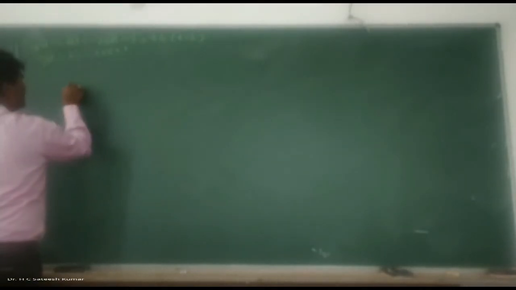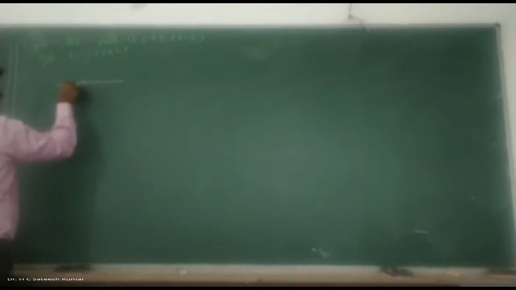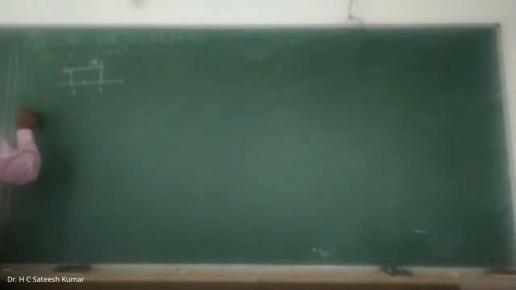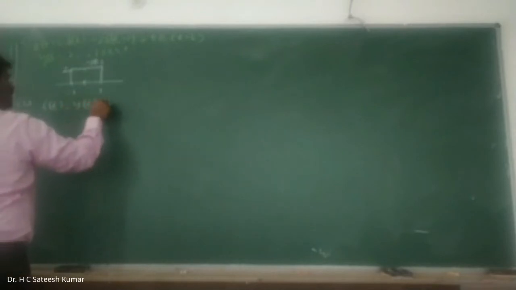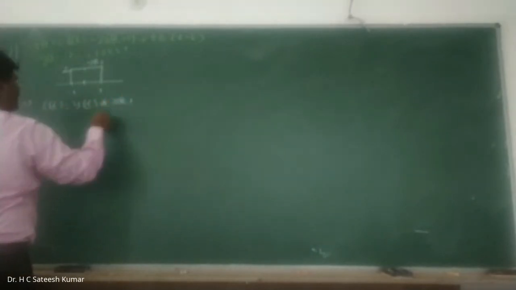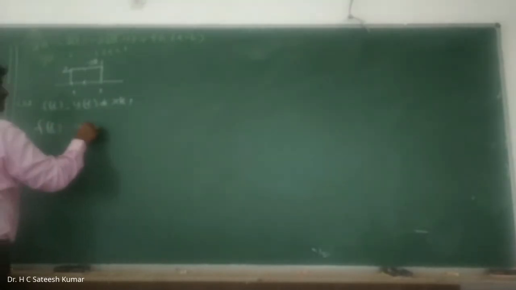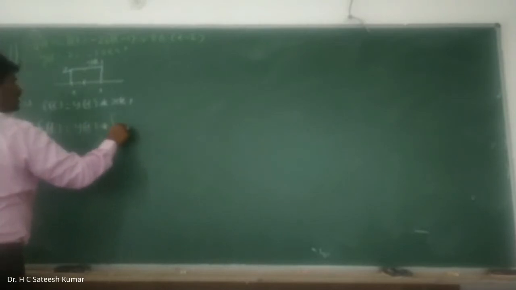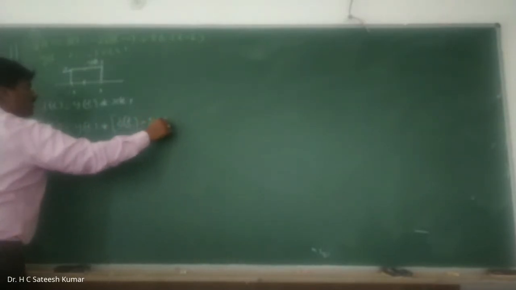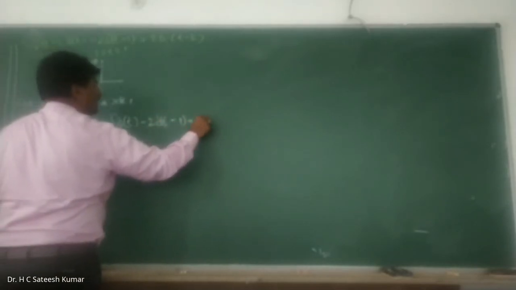Okay, how to do this kind of problem? Same thing only, the only difference is here it's constant. Still easier, this one. What is y of t? Y of t will be from minus 1 to plus 1, amplitude is 2. Once again, I am not writing to the scale. This is your y of t. Find the convolution. Let f of t be equal to y of t convolution with x of t. Y of t, you write as it is. X of t is delta of t minus 2 delta of t minus 1 plus 8 delta of t minus 2.